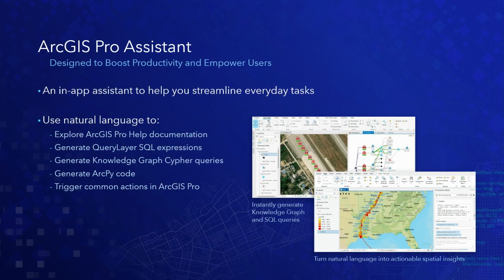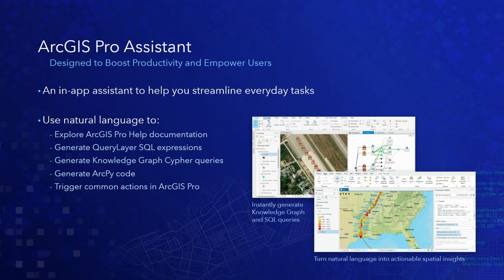So what Uma just showed is that you can provide a really simplified experience for your users who are performing specific workflows without sacrificing the full power of ArcGIS Pro. Now, I want to talk about something that's exciting that's currently in beta, the ArcGIS Pro Assistant. The Pro Assistant is an in-app AI assistant designed to help you tap into ArcGIS Pro's most powerful capabilities using natural language. You can ask the assistant to explore Pro documentation,